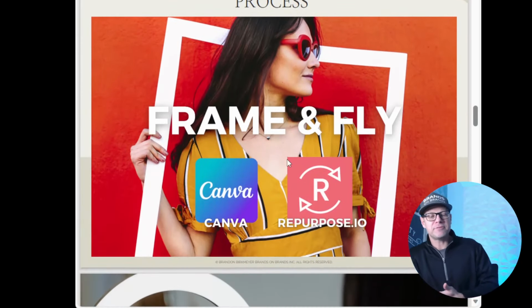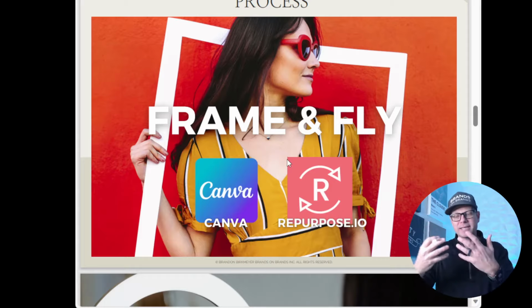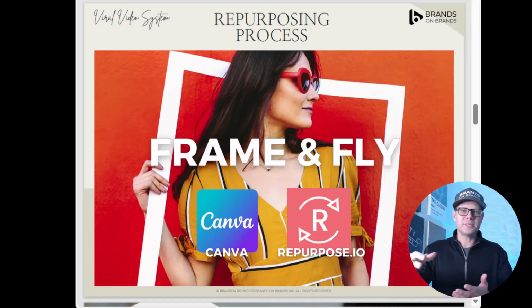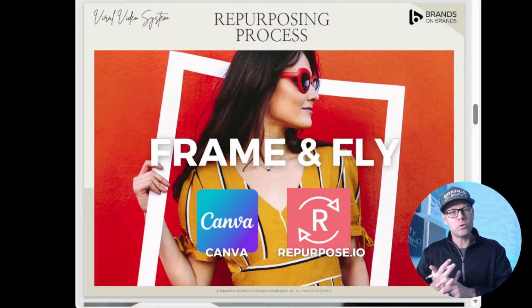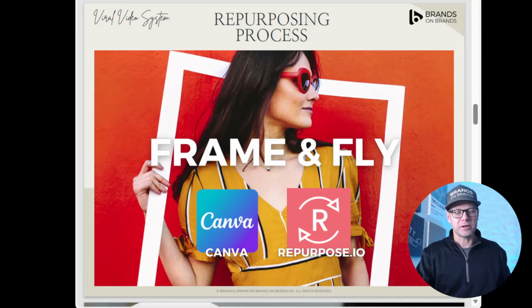And now when you get to the frame and fly section, this is where you take that video that's been edited and you make it nicer to look at. Tools like Canva or repurpose.io help you with that process. What Canva does is it gives you the option of adding graphical elements to it. It could be video elements, it could be memes, it could be whatever you want to make it look like something that stands out and grabs your attention. And repurpose.io is a tool that helps you post it in more than one place. So if you post it on TikTok, for example, repurpose.io will take that and repost it to other channels like Instagram Reels or YouTube Shorts. So you post once and it does the work to post it everywhere else.